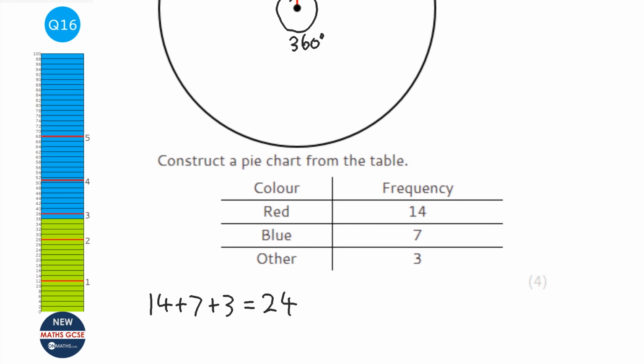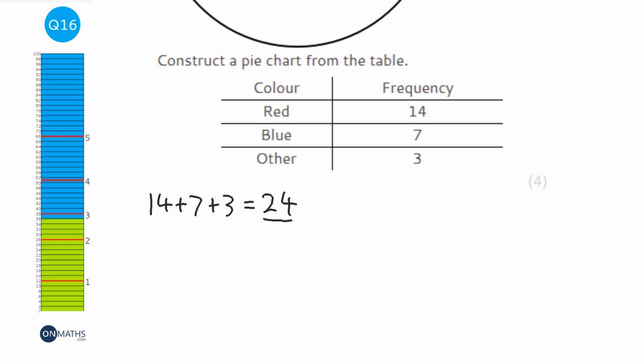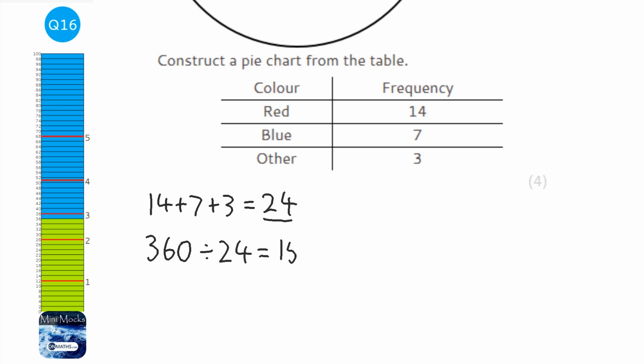And at the moment all of our frequencies add up to 24. So we've got to find out what we're going to multiply all these frequencies by to get them to add up to 360. We do that really simply by doing the calculation 360 divided by whatever the total of the frequencies are. So 360 divided by 24 on the calculator